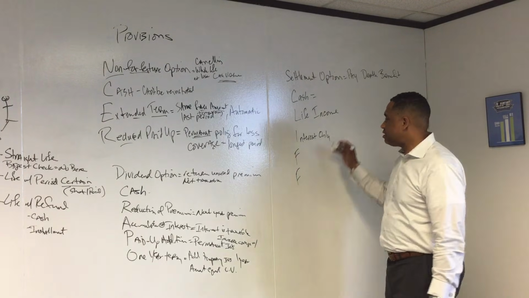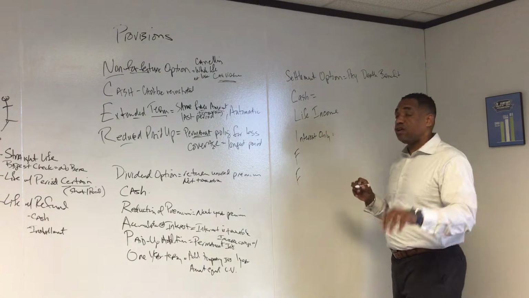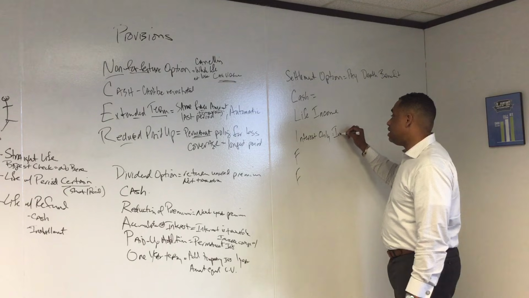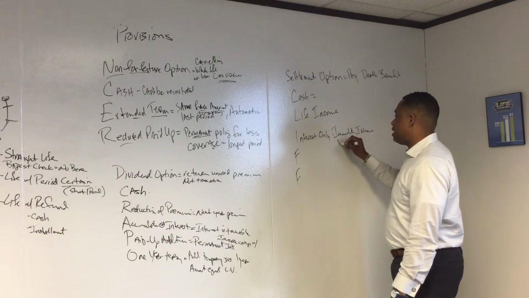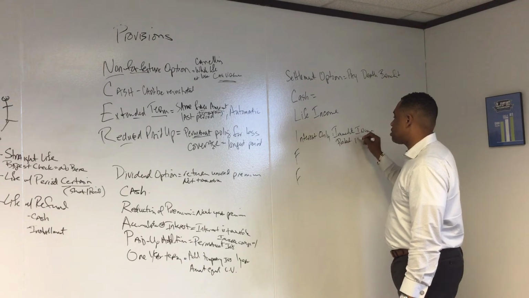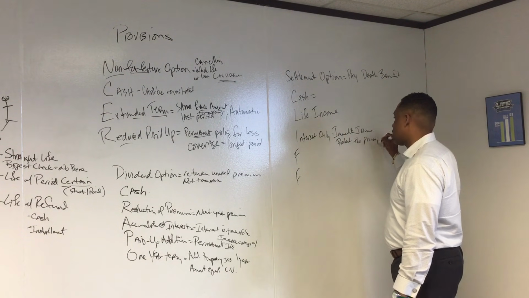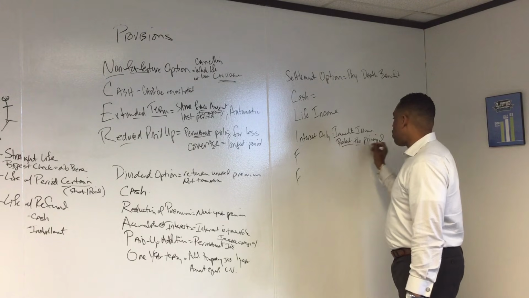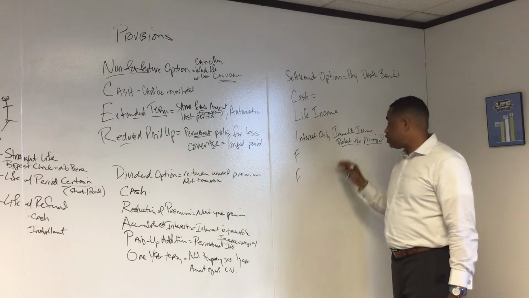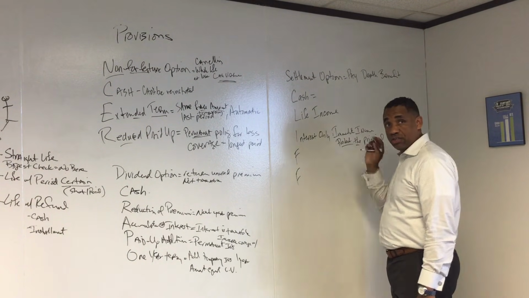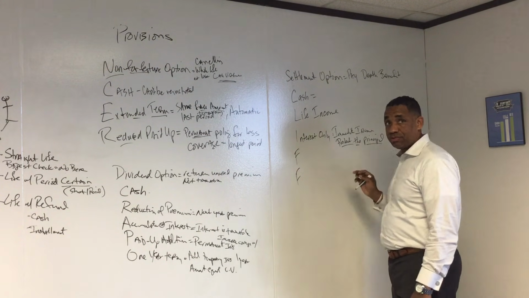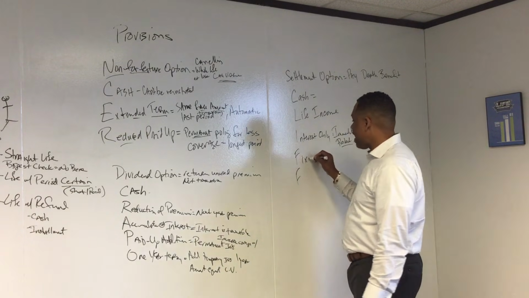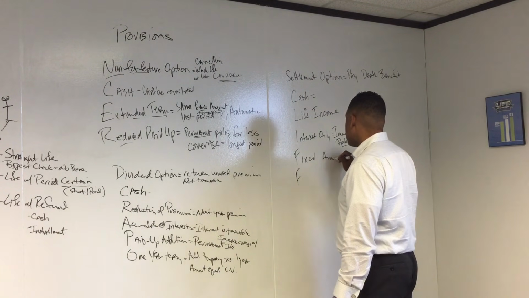But on the test, you just gotta look for keywords, some version of if they want an immediate income, and they want to protect the principal. Look for protect the principal, because you're not going to spend the 100. You just want the interest off of it. Interest only. You want some money now, but not the principal. And then the last 2 is fixed amount